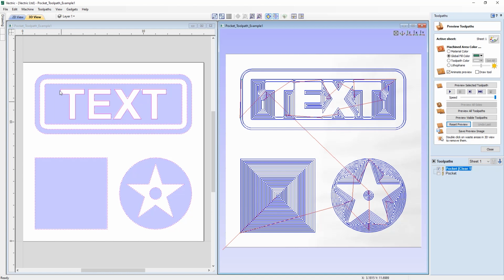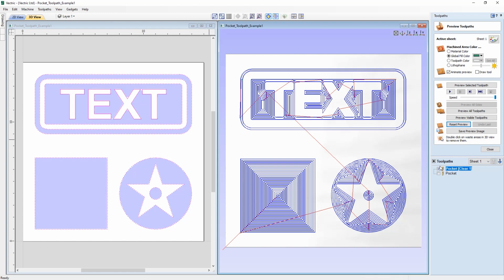We can see by looking at our solid preview over here, as we saw earlier, we can't get that tool in between the X and the T. Also can't get it quite close enough into the corner of the X on the top and the bottom there. We can't get it in between the E and the X here. And so we're already well aware of that, but it can clear the majority of everything else using that larger